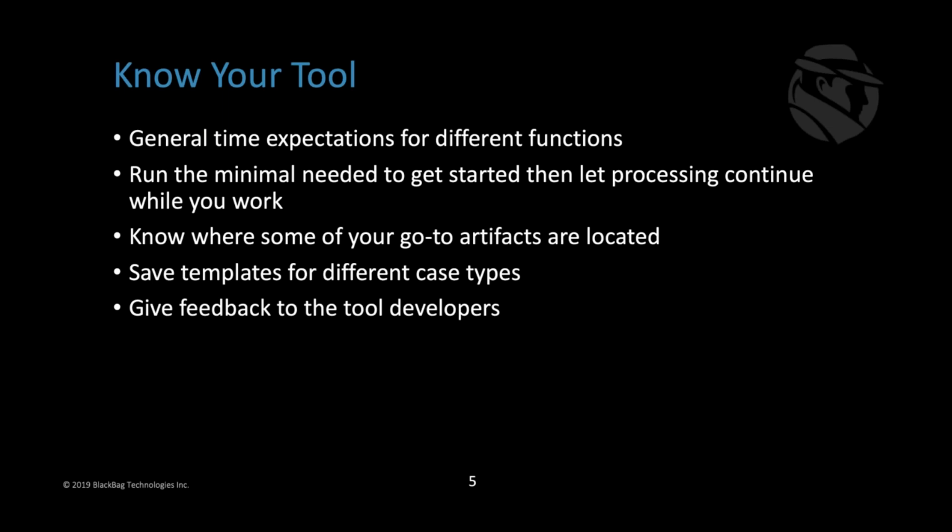Other processes, though, maybe you know that your tool does this faster or better than other tools, and knowing where you can get that information is really important. Another thing that you can look at is if you know that there's specific areas like the registry that you want to pull out first and you want to dive into quickly, you can set up templates for you to look for those areas right off the bat. If those are things that you always have to do as part of your investigation, you can go ahead and look at those pieces first. So the more you're able to customize your tool and know where those options are, the faster that can go.